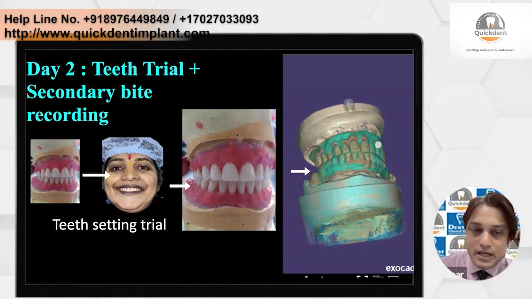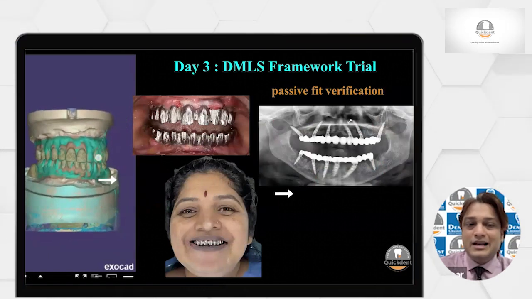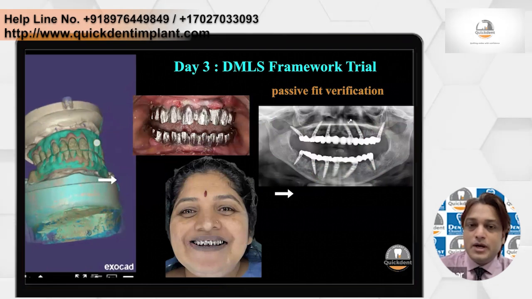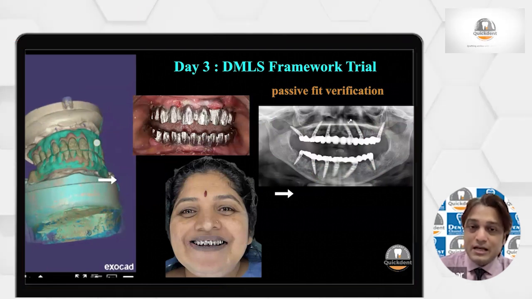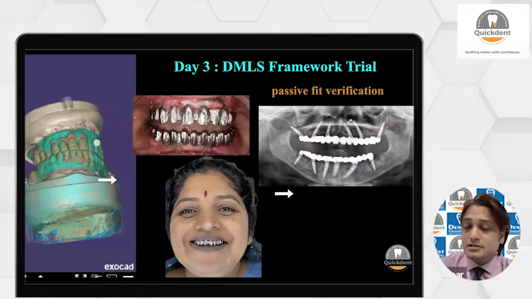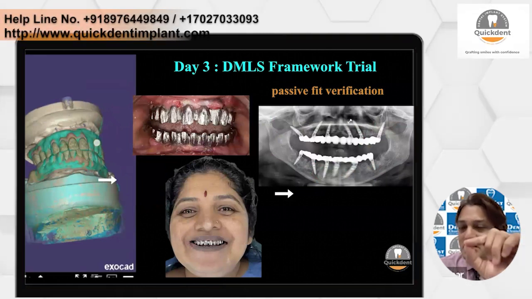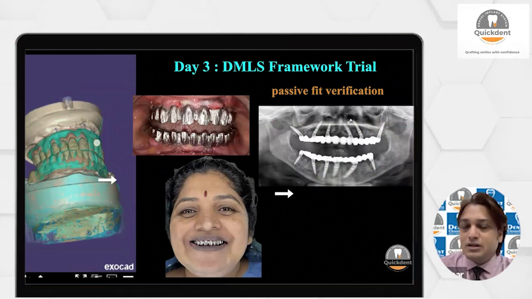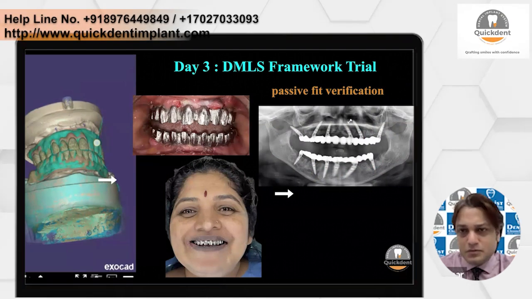He will scan it with the extraoral scanner, and according to that he will get an idea and do something called the cutback technique, where he will reduce the thickness for the ceramic, and he will print the metal, that is the metal framework. And this is nothing but what we call a framework trial. Again, we will check with a one screw test whether everything is perfectly fitting or not. That is something which we will do on day 3. This is called the framework trial. That is how we do it.